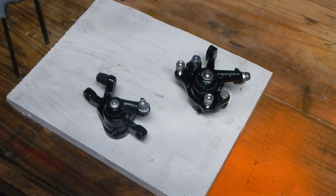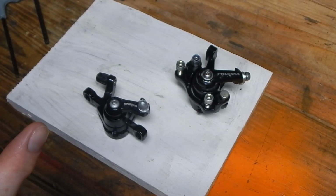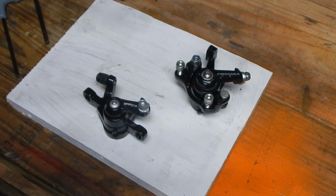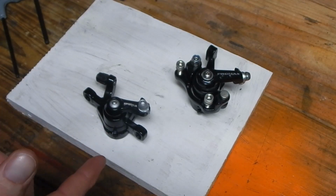And there's a number of thoughts about that. Hydraulics do offer, of course, improved performance over mechanical. That's not debatable at all. But mechanicals do have a nice simplicity to them. In the way they function, the way you set them up, it's traditional cable coming in,